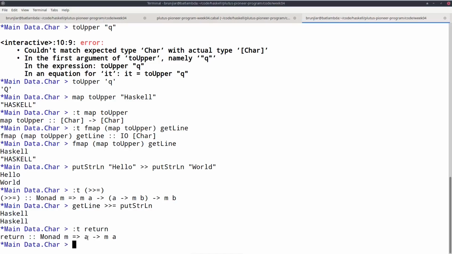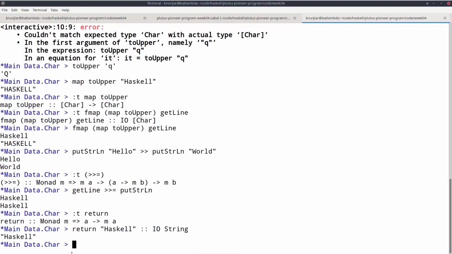So return has type A to IO A. So given an A, it produces a recipe that can contain side effects and eventually produces an A. And in the case of return, the recipe will simply not perform any side effects and immediately return the given A. So for example, I can do return Haskell. And now I have to give a type annotation because otherwise I wouldn't know what monad this is. So it's IO String and it immediately returns the string Haskell.